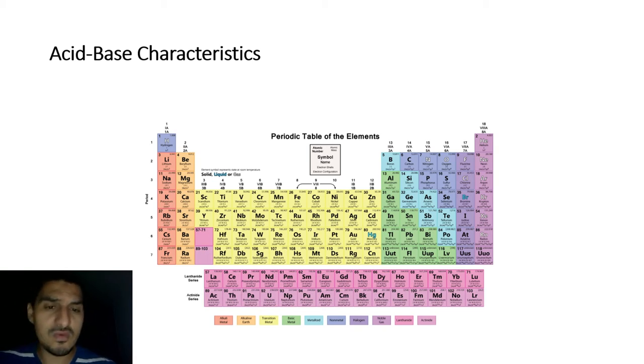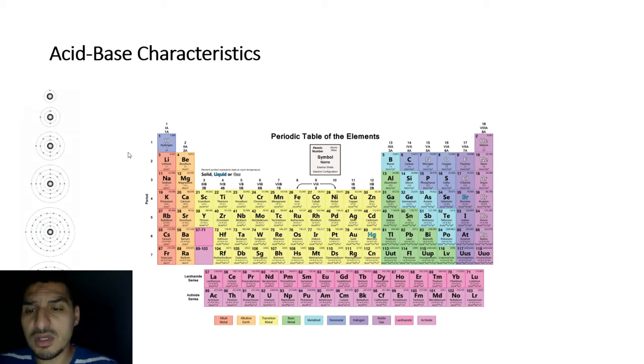To understand how the properties change, we will focus on the first column, the group 1A and group 7A. What we'll say is applicable for all the groups, but in this case it's kind of the extreme case, so you can see clearly the pattern of a change of properties, and you can easily compare this or apply this to the other groups. So for the acid-base characteristics, before we talk about them, we need to remember that